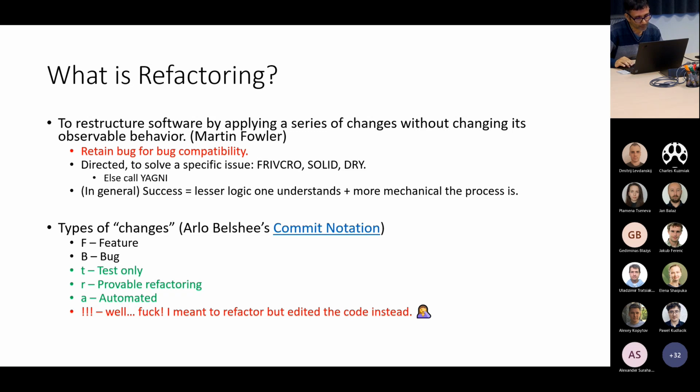The main thing about refactoring is, when you get into a code base, the less you understand the logic and the more mechanical the process is, mechanical as in more abstract, the more fun it is. And since you're understanding the logic less, you're also not concerned about getting into discussions like, hey, this is a behavior, should I break it or not.